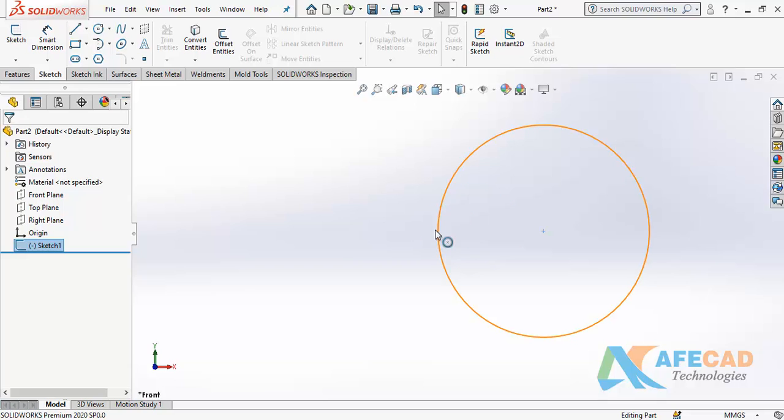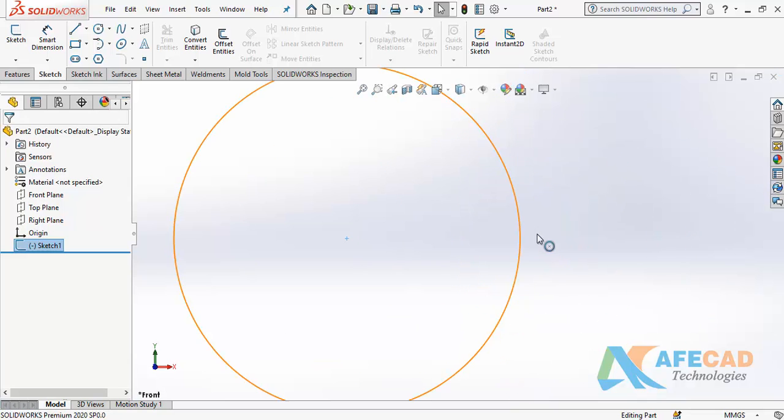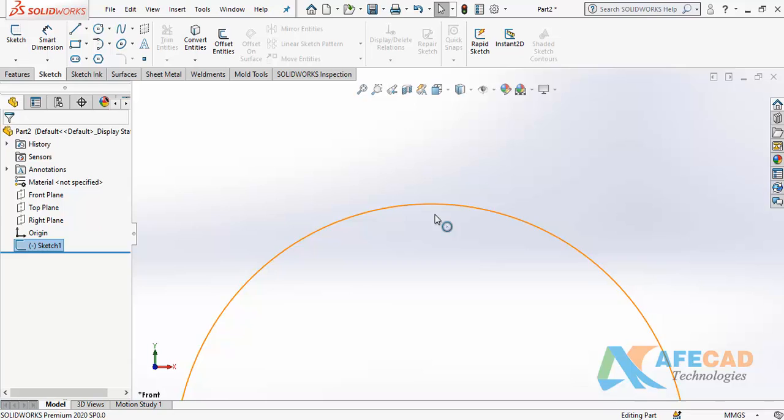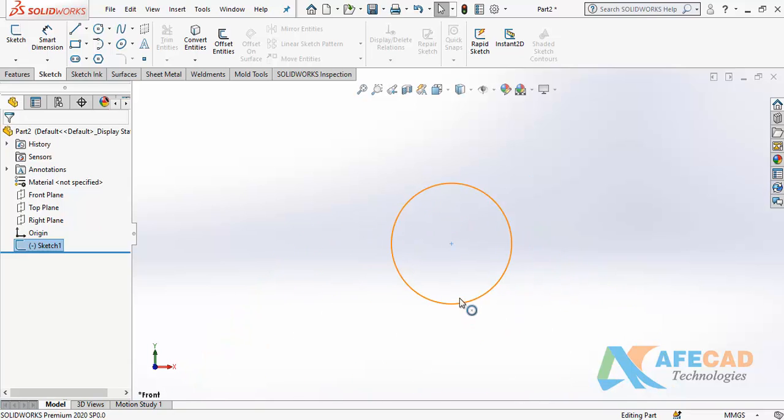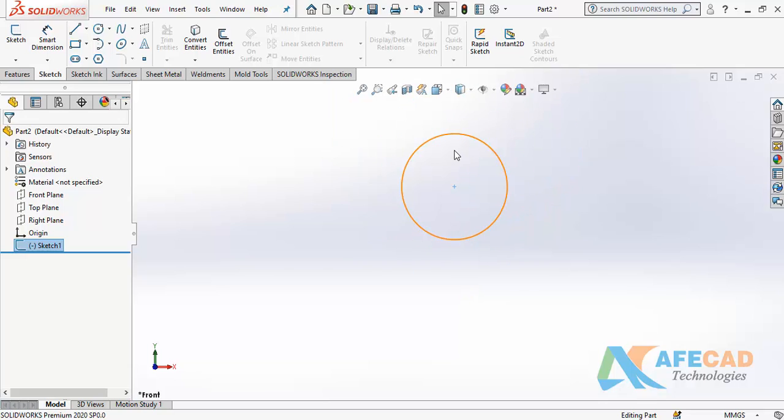I am going to rotate my middle mouse button, wheel or scroll backward. It is my zoom in. You are seeing we are going to increase the size. Or I can define the position of the mouse, then rotate your middle mouse button, then you can increase or decrease the size, or you can say zoom in or zoom out.